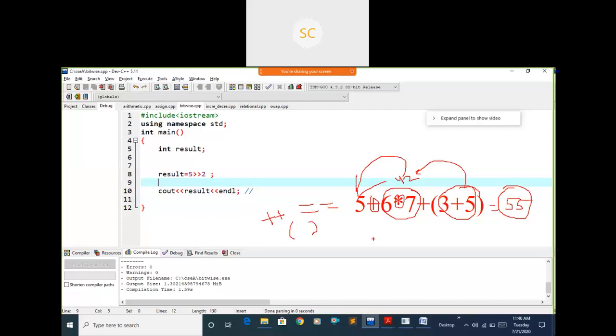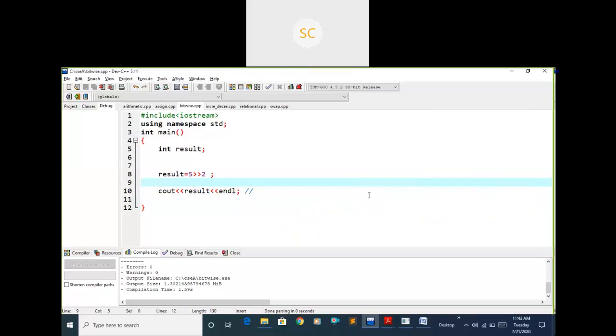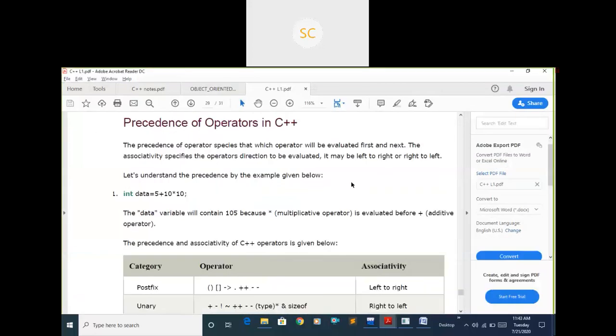But programmatically, how will this expression execute, and how can you get your output in your program? For that we need to follow the precedence of the operators. Precedence means which statement has to execute first and which next, and that is told by the precedence of the operators.